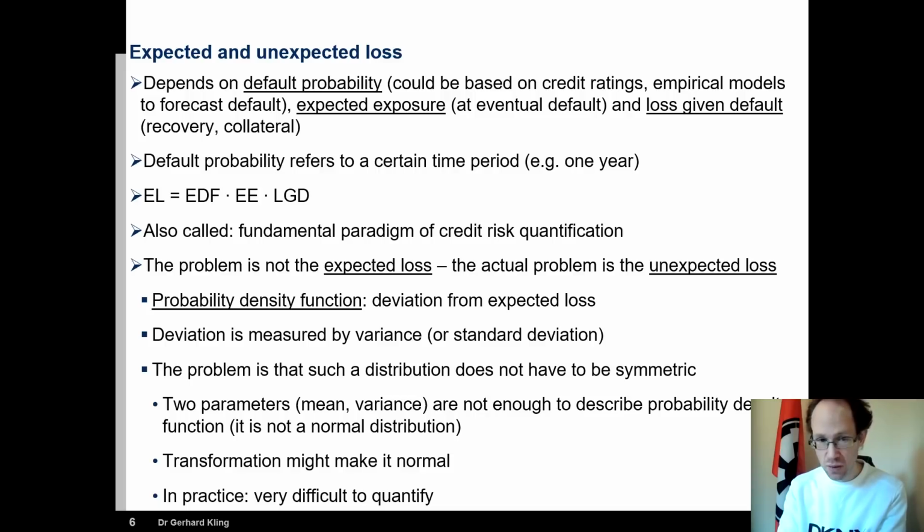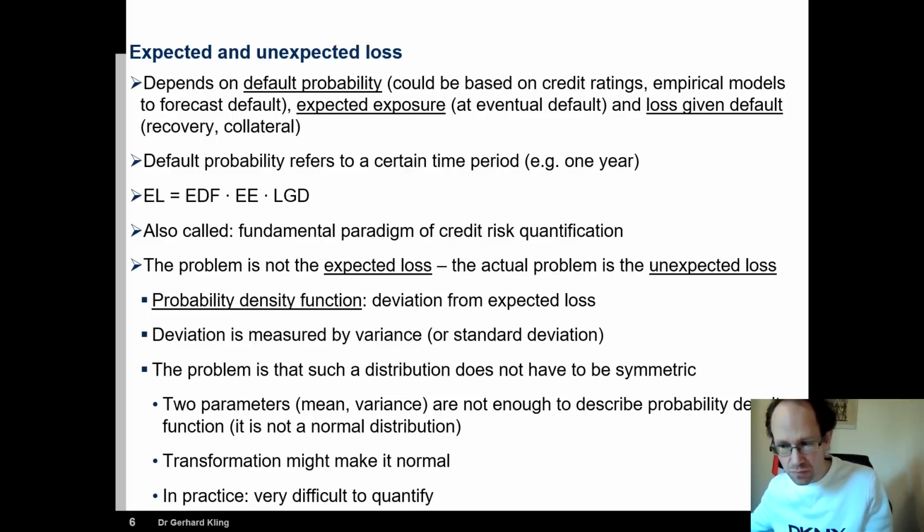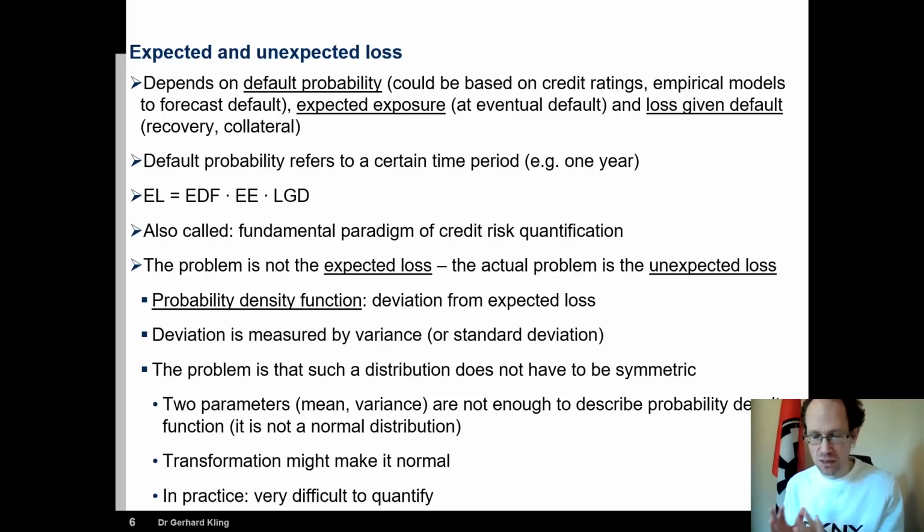And the thing is that all of these components, they are treated as independent, but actually they are not. So a company that is at very high risk of default might have also very low recovery. So these are not independent processes, but they are treated as if. That's the trouble. So by multiplying them, I actually treat them as if they're independent. And this is very often in models how we do it. And I will talk about this more in our additional session in April.